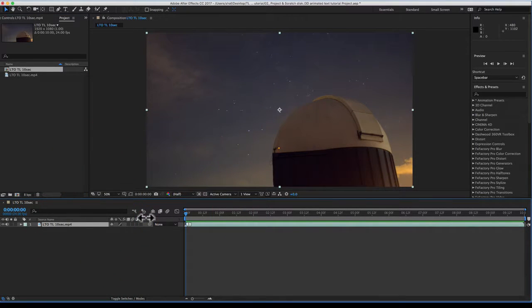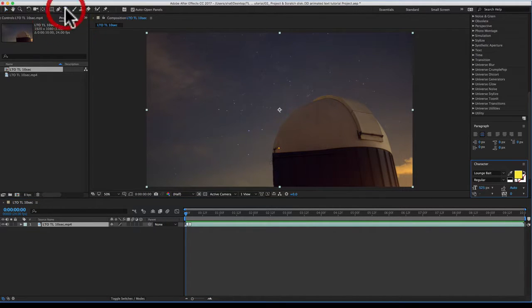And so what we'd like to do is add some 3D animated text to this, and we'll also add some music, and we'll also do a layering, a matted layer to give the text even more depth. So we'll start out by choosing what our text is going to say, and so we'll create a new text layer here. And so I'm going to go up here to the menu bar and choose the text tool, and then I will click onto my